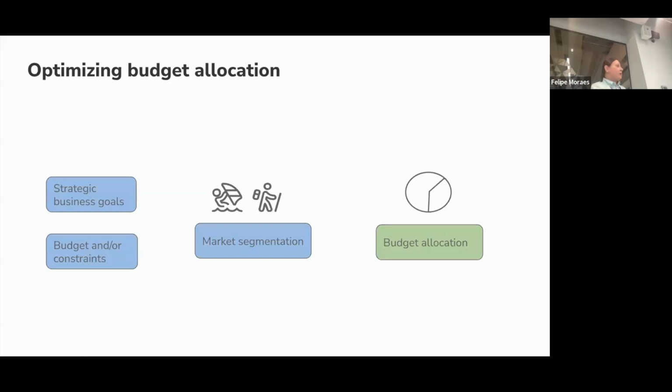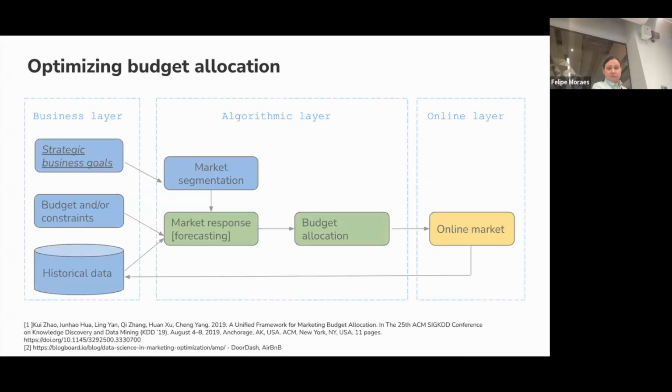So if we talk about solving optimal budget allocation, it's, well, super popular. And usually one of the problems is that if you have that market segmentation and historical data, you know what you want to achieve. So basically you can measure or predict market response. The tricky part is how to match that predicted response for every market with budget allocation.